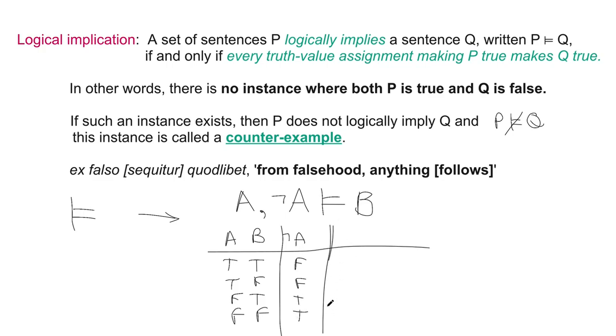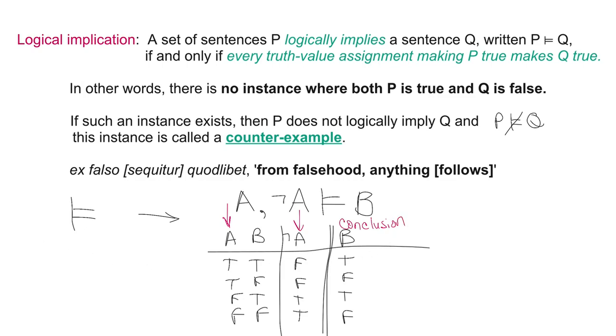And then we're going to have the double bar, and then our conclusion B, we're just going to copy that over. And now we're going to look at where our premises are. So our premises are this column right here, and this column right here. And then this here is our conclusion